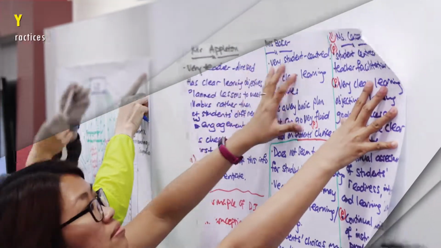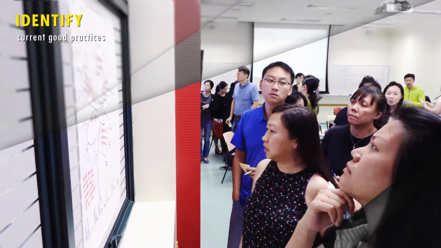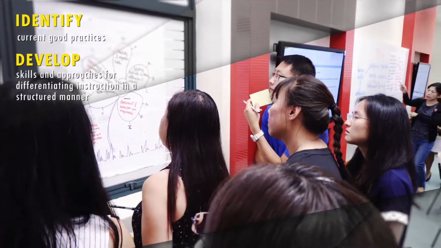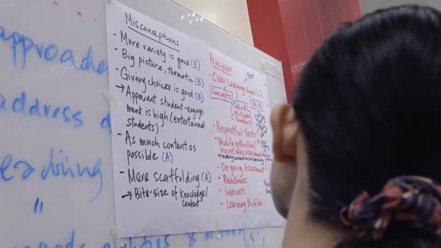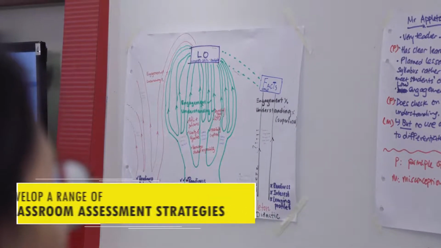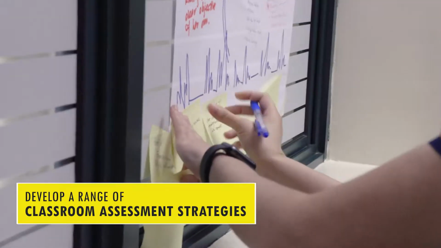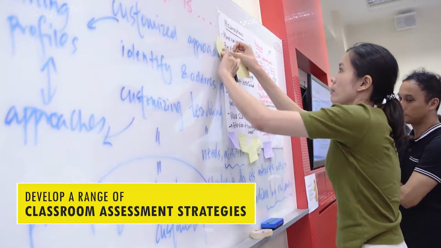One good place to begin is to identify what teachers are already doing that is catering to student differences, and building on these, developing skills and approaches for differentiation in a more structured manner. It is important for teachers to develop a range of classroom assessment strategies so as to be better able to ascertain the readiness level of students in relation to specific skills, understandings, or competencies, and to indicate how students are progressing. Through such information gathered, the teacher will then be able to differentiate to meet the learning needs of different